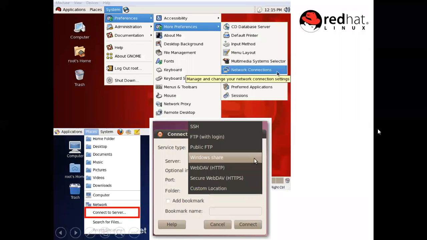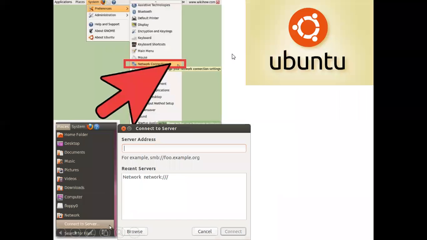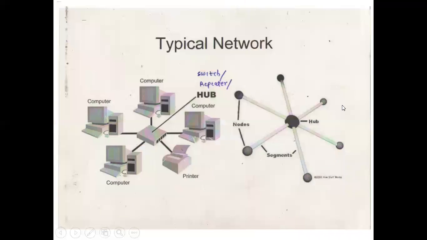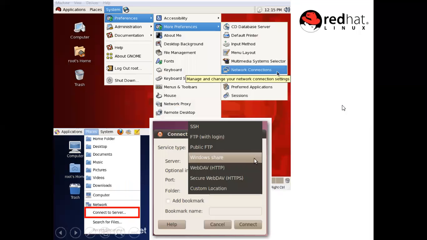Now, this is about Windows machines. Now we will see, let us say, how to communicate in Linux. Two machines are there on which, let us say, Red Hat Linux is installed. Red Hat Linux is there, then you have Ubuntu Linux, then you have different types of Linux versions. So let us start with Red Hat. Now how to communicate using Red Hat? If you see Applications, Places, System, in System you have Preferences. In more preferences, you will find Network Connections, and with the help of this you can communicate.